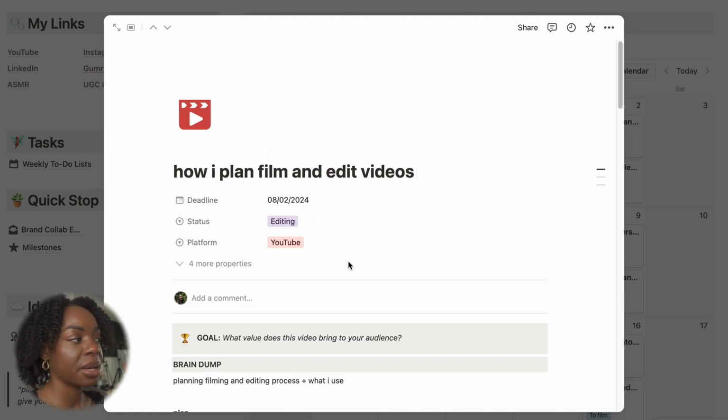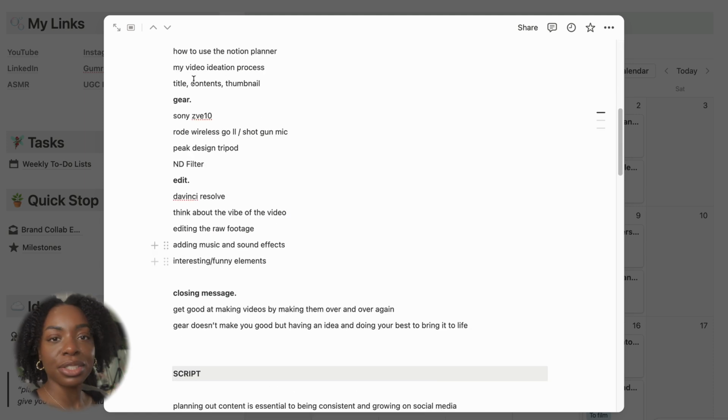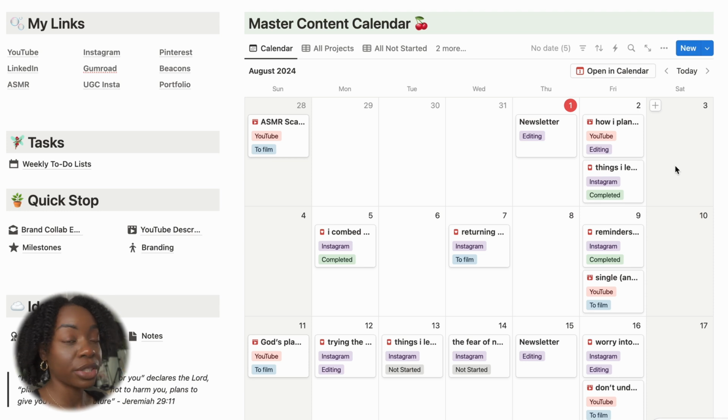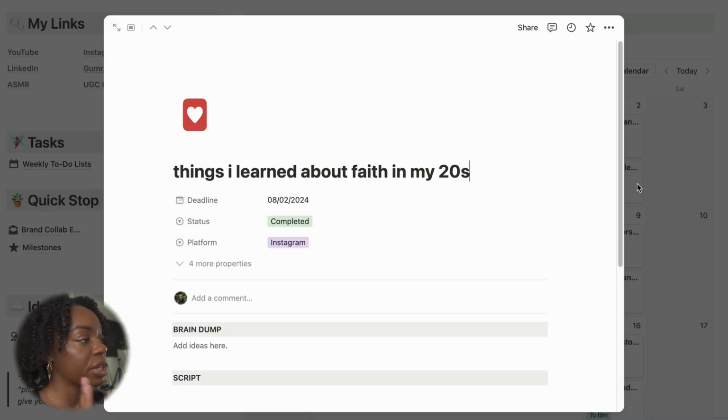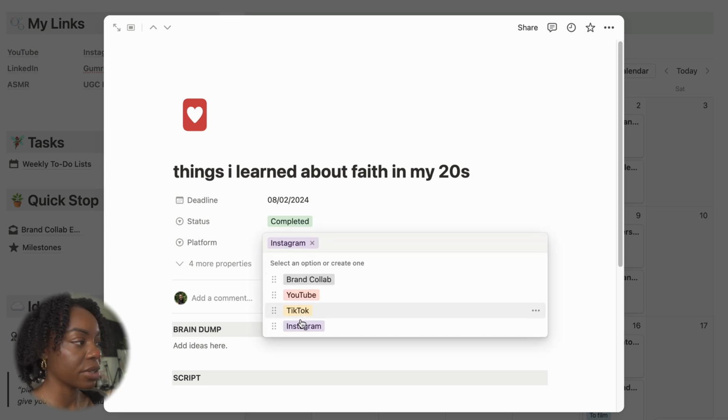So you guys, I am gonna try to take Instagram seriously this month because I've been struggling. I just recently came up with a content strategy for Instagram, but you can also plan your Instagram content with this planner. So as you can see, this is Instagram. This is the platform. I did add the other platforms if you do use TikTok.